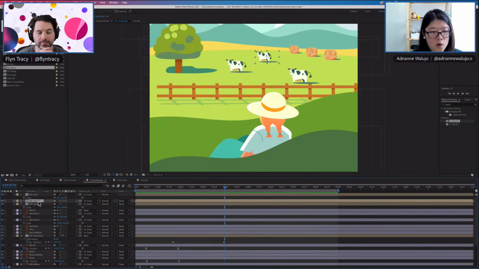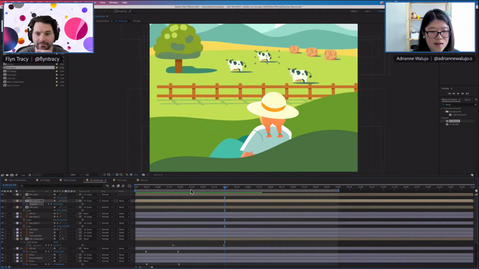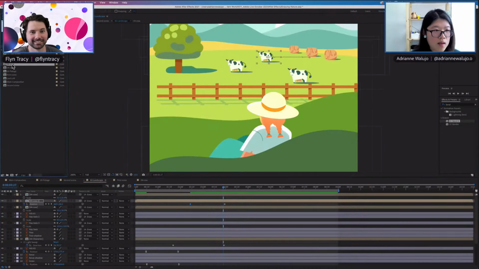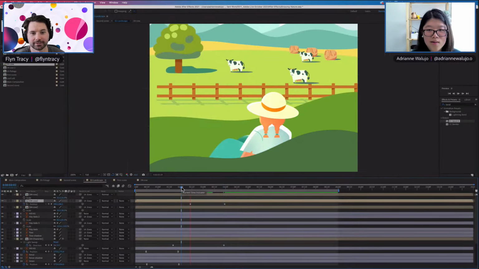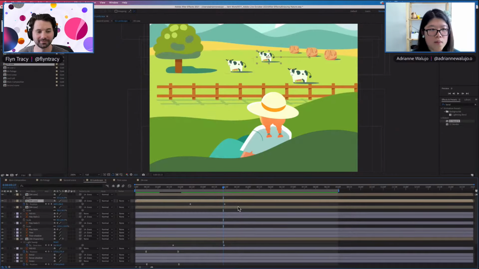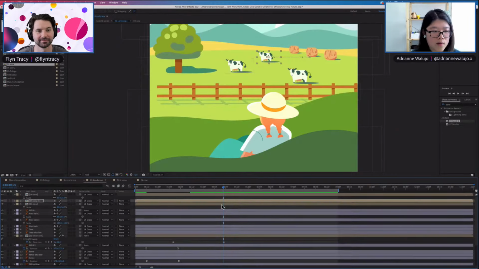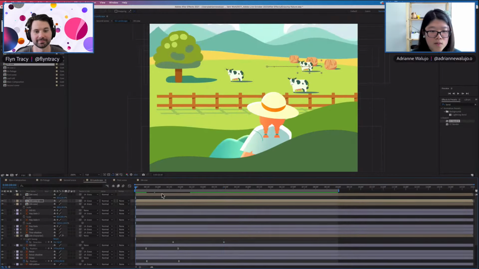In this instance, I only changed the setting of the scale. But even if I move this, just for example's sake, like the cow is sliding and I want to change it, I can. It's like a moon walking cow. So the keyframes will stay, but it will update the composition. It's really useful. That's why you pre-comp your items, because you can have this kind of flexibility.